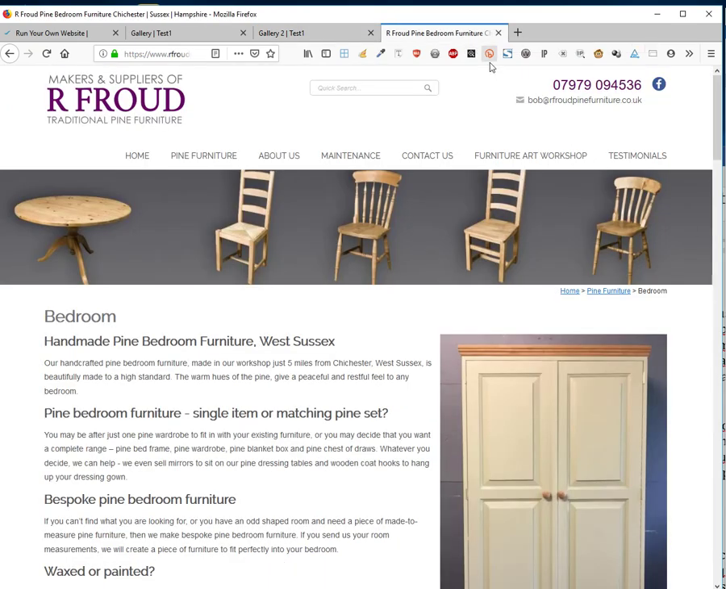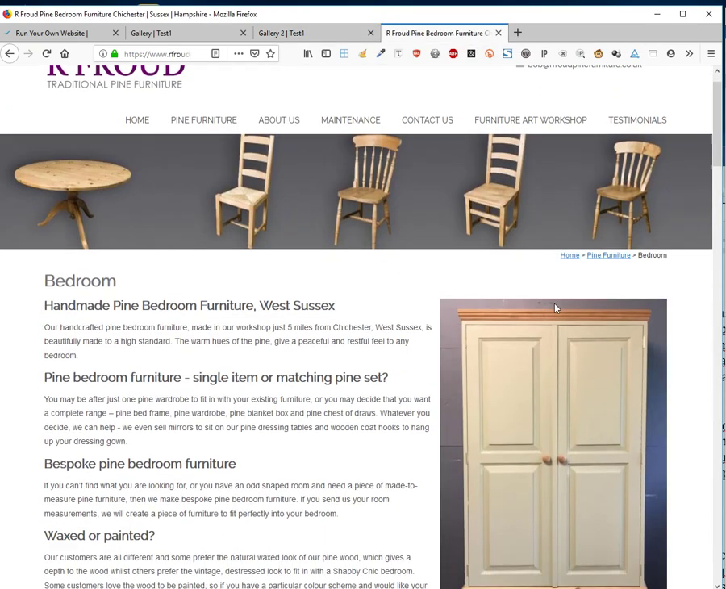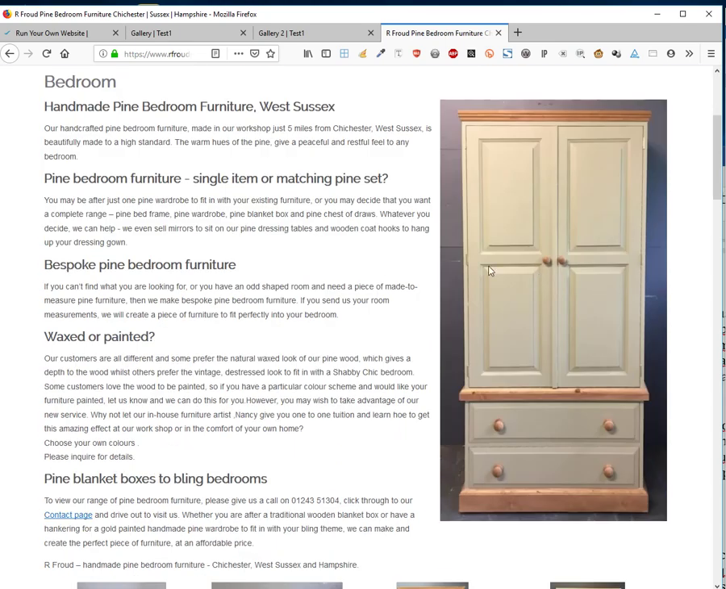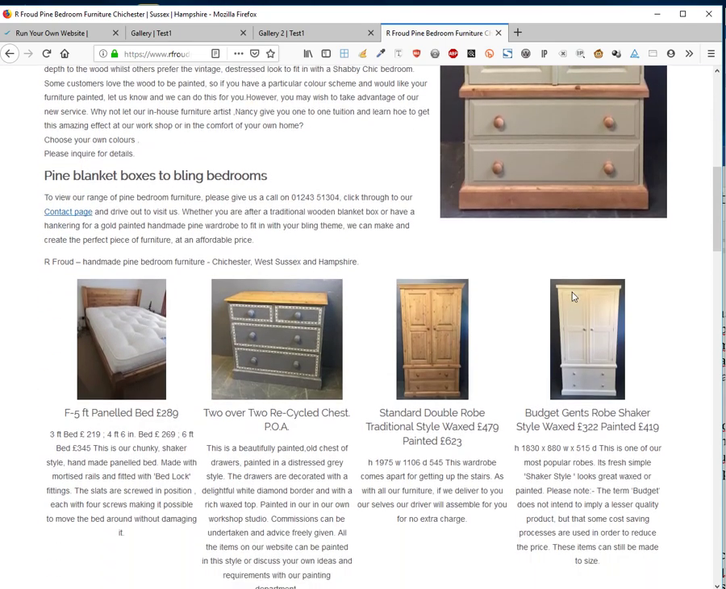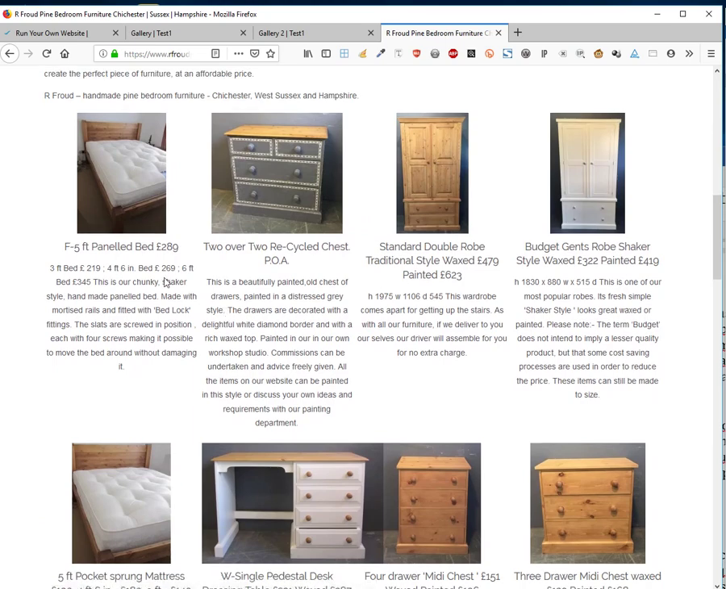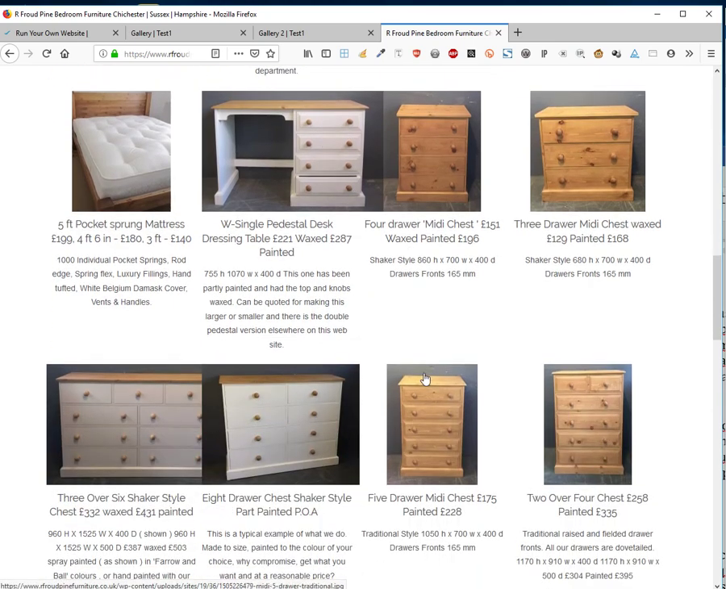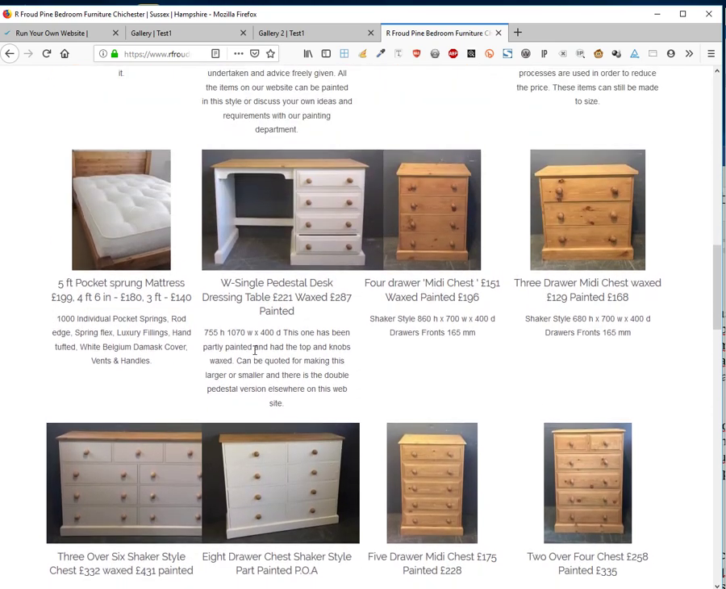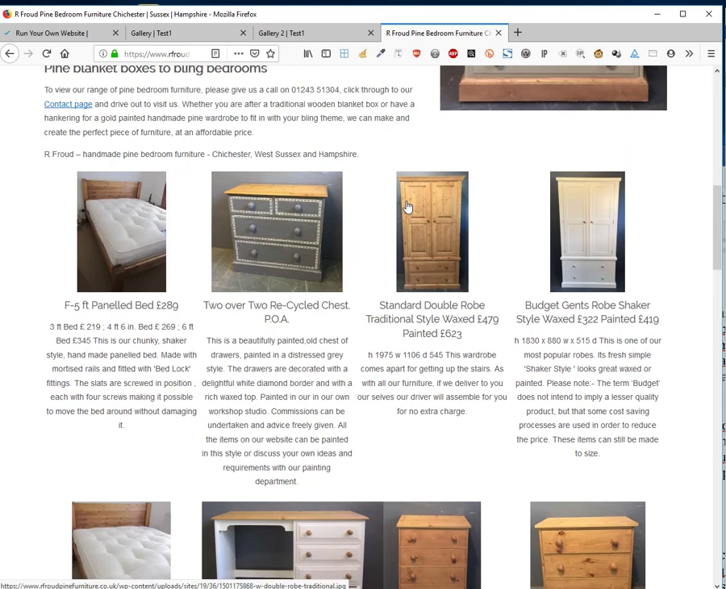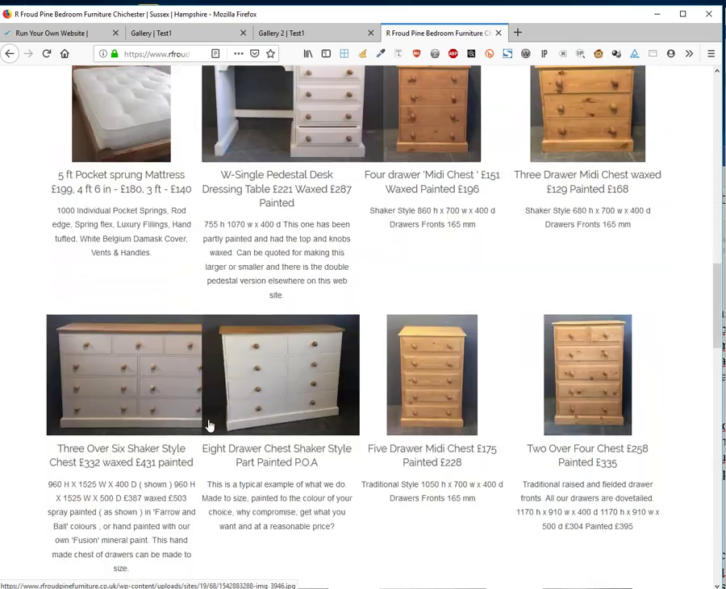Okay, so I want to show you another site that uses this to great effect. One of our clients, Robert Frow, does some brilliant pine furniture. He's got a big portrait image as his main image here, and he's got images of his work. He takes them all the time, and look, they're all different shapes and sizes. We've got some portrait ones, we've got some landscape ones. Some of them have a long description, some have a short description. So by having that image width relative to height option turned on, it lays them all out in a